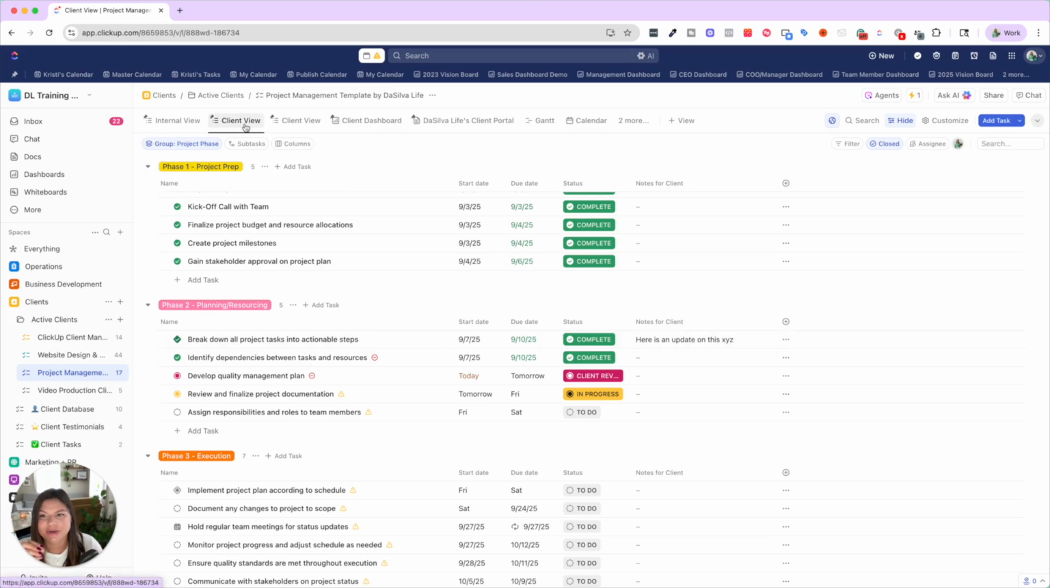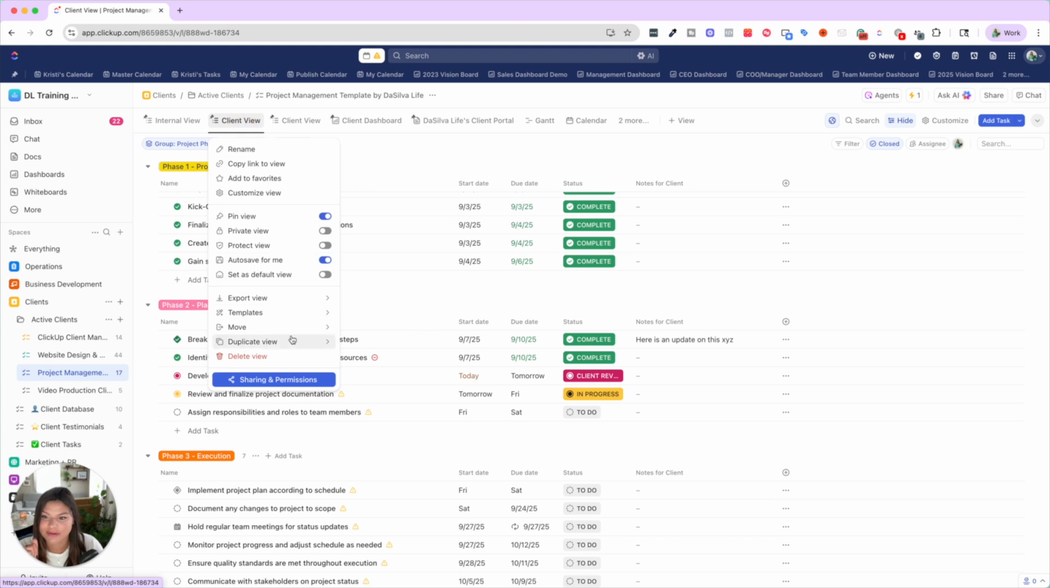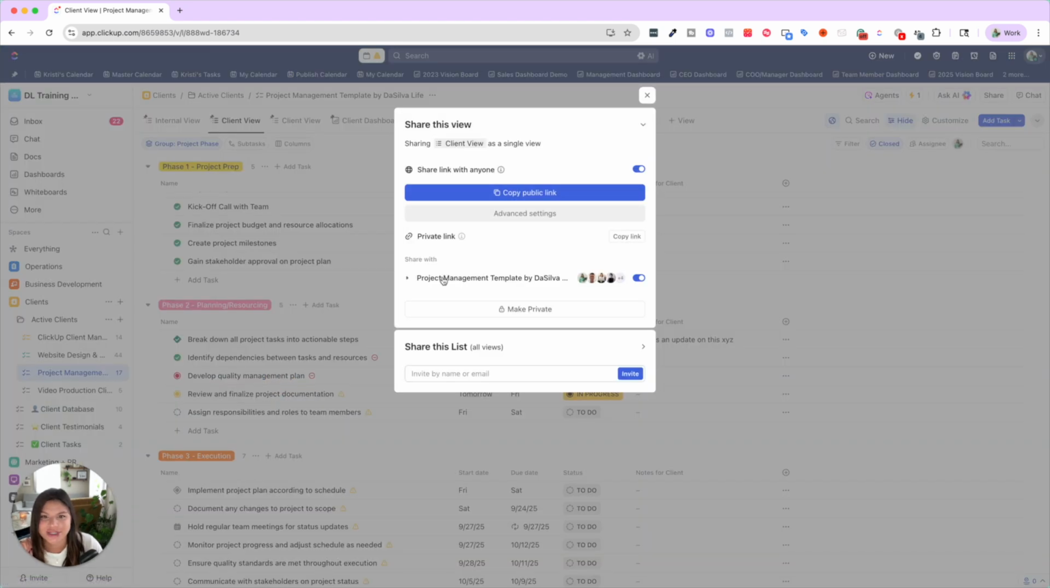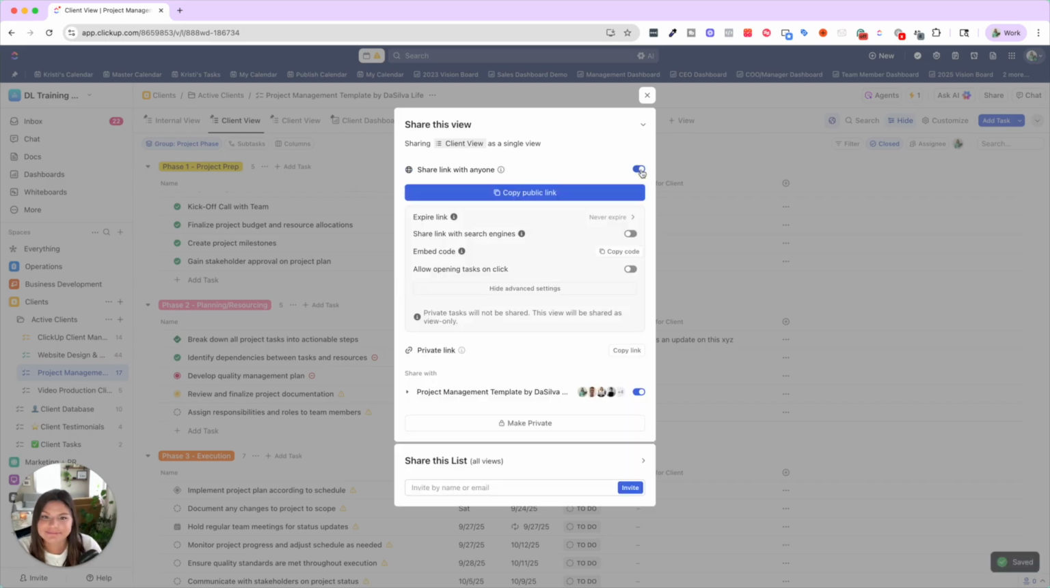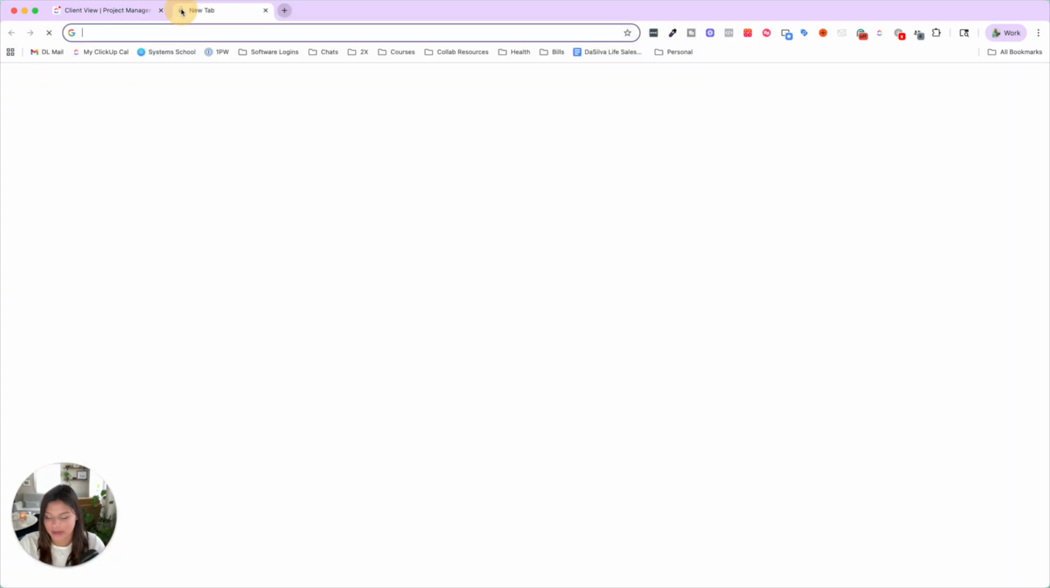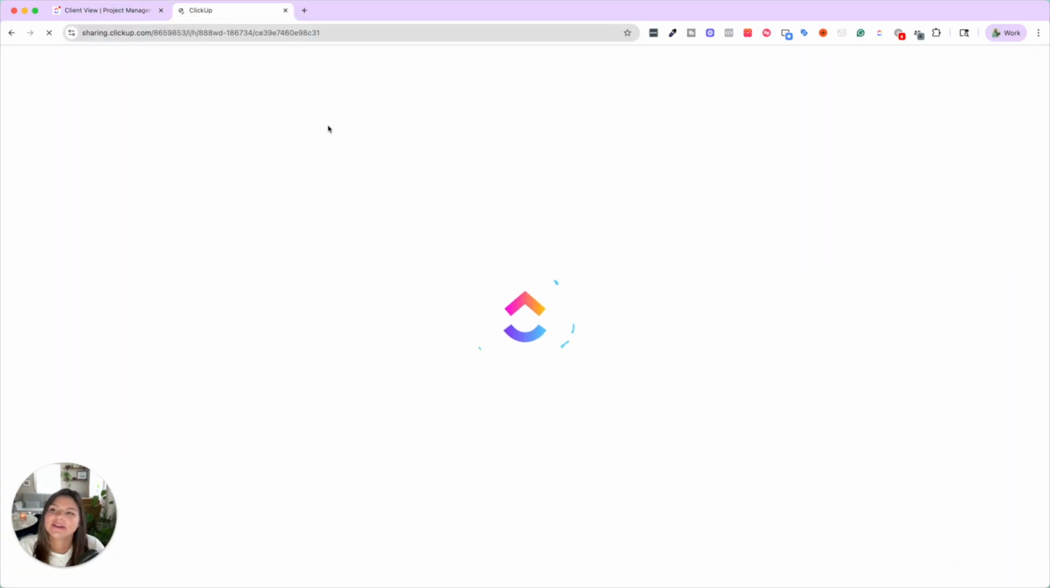So what you're going to do is right click on the view, go to sharing and permissions. This link is going to be toggled off. So all you have to do is toggle this on and then copy the public link. Now, when I open this up in a new tab, you're going to see what this looks like to the